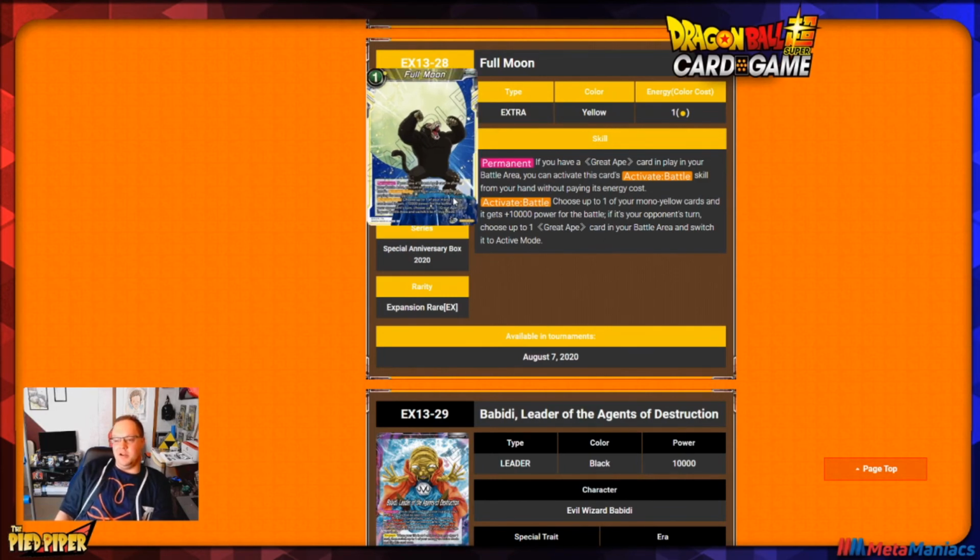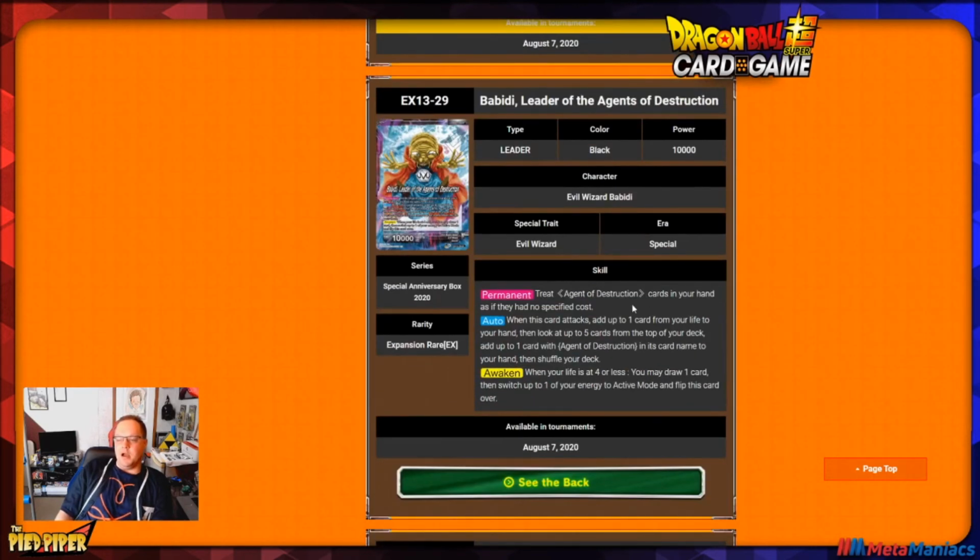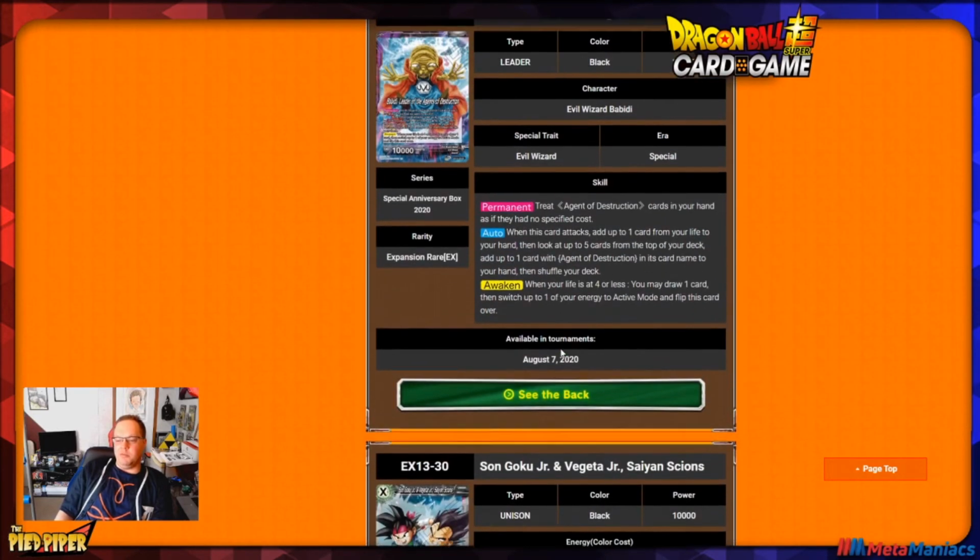And then you can play this for free. So this is just an excellent card for Great Ape decks. Again, I don't know if it's going to make it meta, but a really good card for Great Ape decks. Finally, we're going to do the leader, and then we got the Goku,